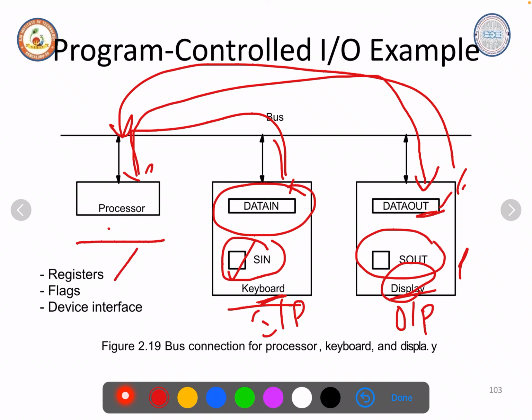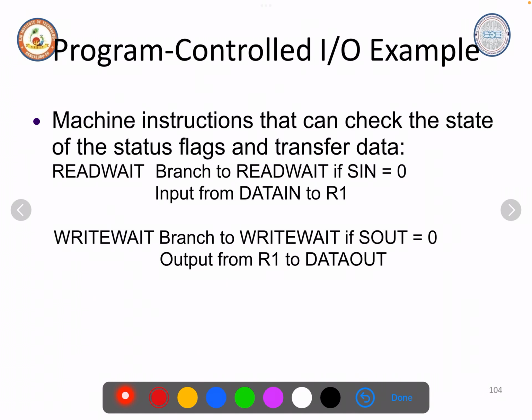So you will have registers, flag bits and device interfaces. These are the registers, these are the flag bits and these are the device interfacing units. So you will have in between an interfacing unit. The machine instructions can check the status flags, that is SIN, SOUT, and then transfer the data, such as read wait and write wait, while transmitting the data to the output device and while receiving the data from the input device. So it will branch to the read wait